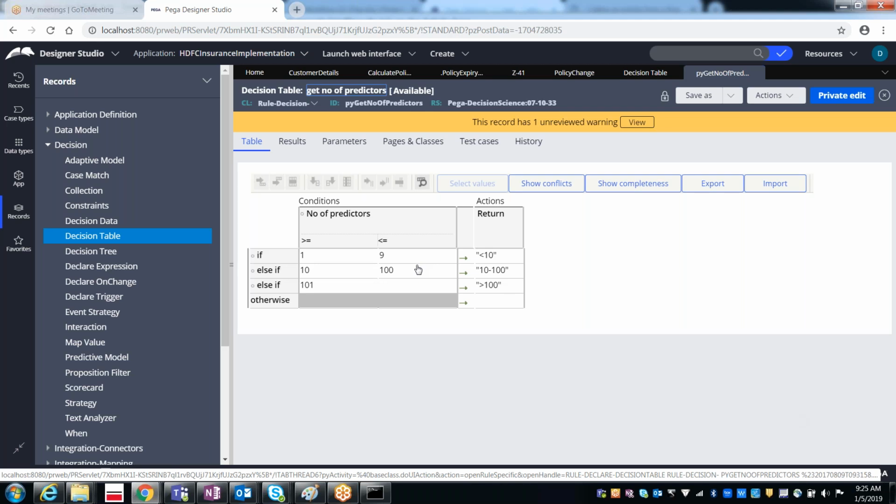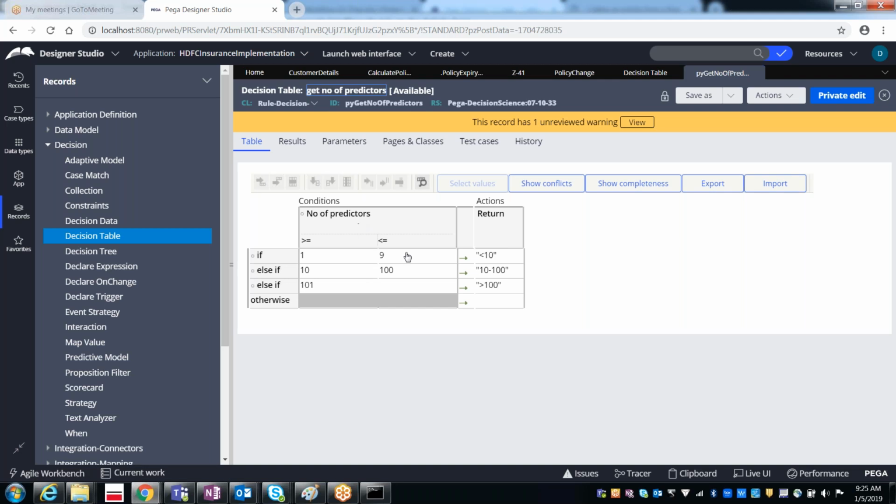So what do you mean by decisioning? In the when rule, we check the condition, and based on the condition, we proceed further. If the age is greater than 21, let's continue the flow. And if the age is less than 21, display the error message to the user. Like that, based on the condition, if you want to perform some action or return something, then we can go for the decision table.